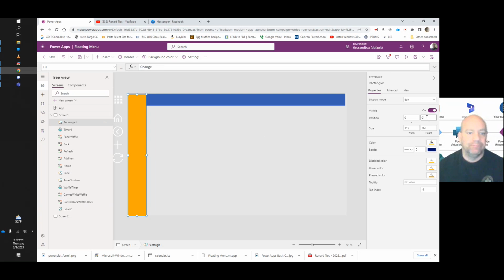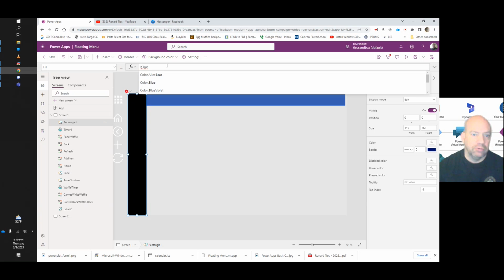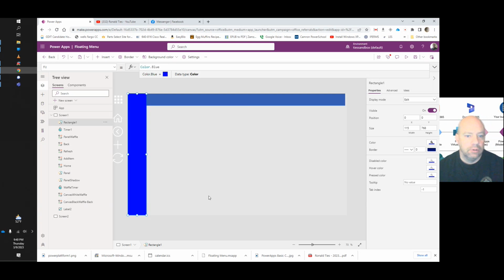I figured out why it's not at the top. That's why. The Y coordinate was set to 4. All right. But I like blue, so we'll go blue. That's bright, but it's okay. All right. Next thing we're going to do